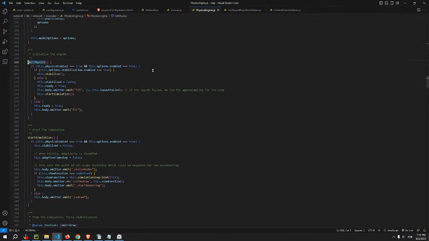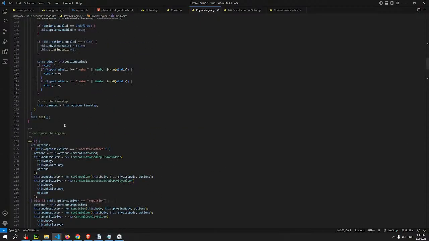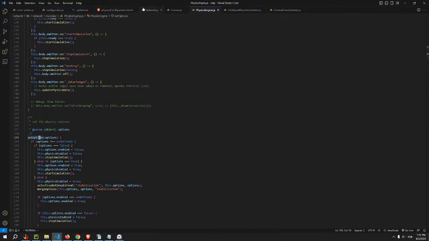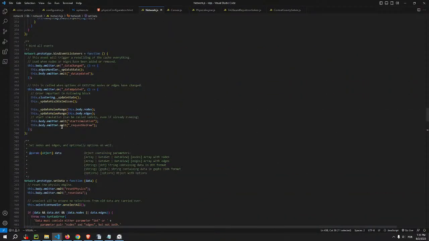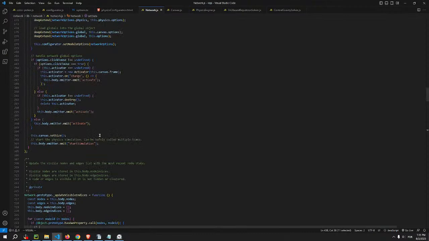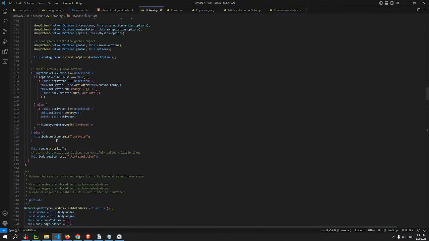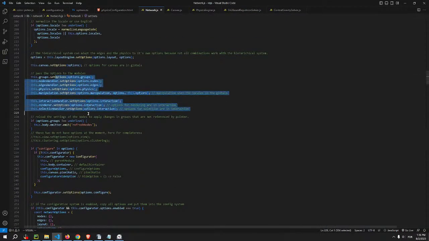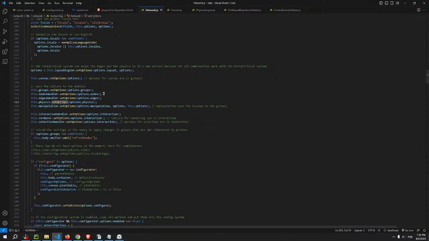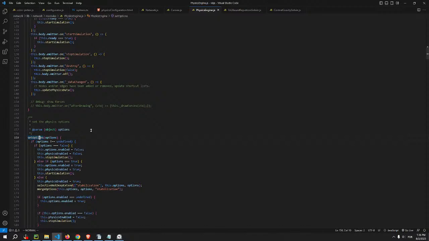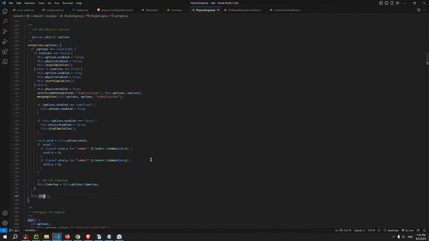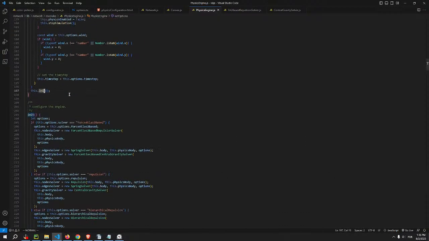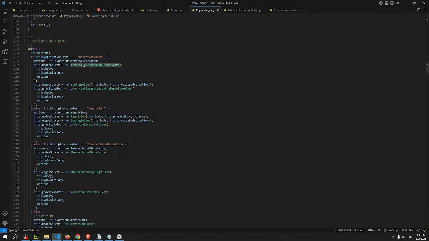calls this function. And this is the one that starts. I don't remember where it calls the init, where it calls this. I think the set options comes before on the network. As I said, in options for the network, it sets options for everything. So here, somewhere here. Yeah, set options here. So here is going to init the physics. And this is going to create the solvers, but the problem is that